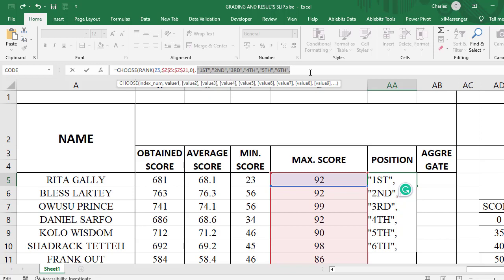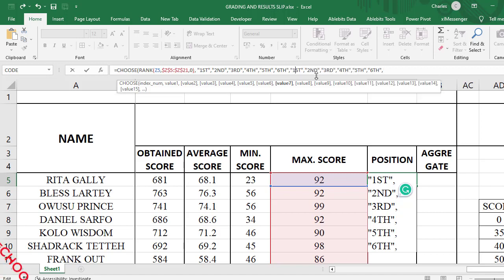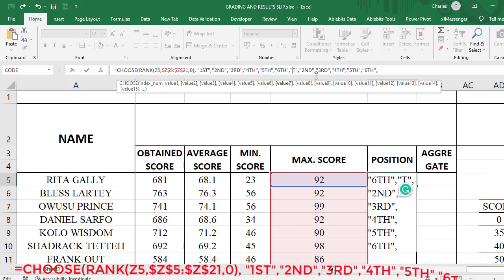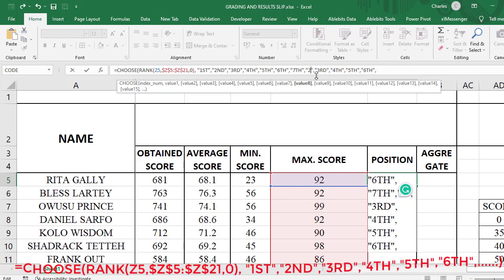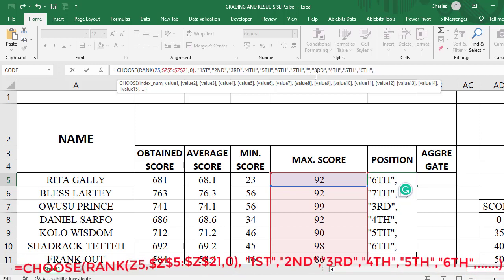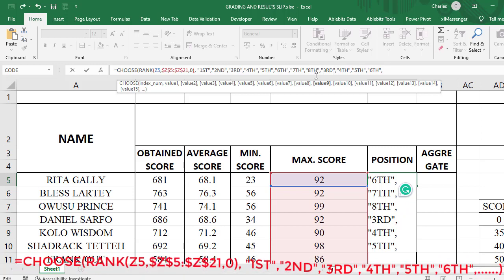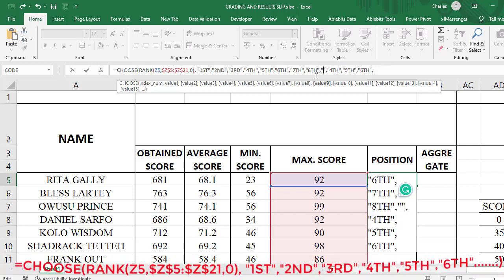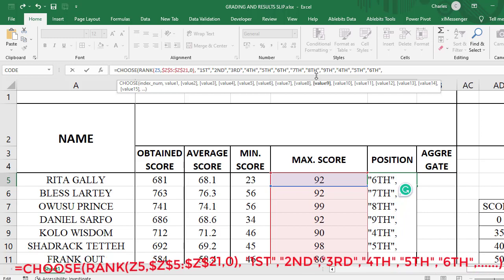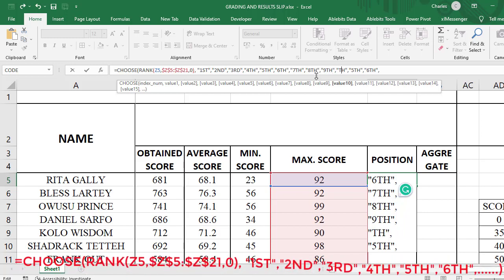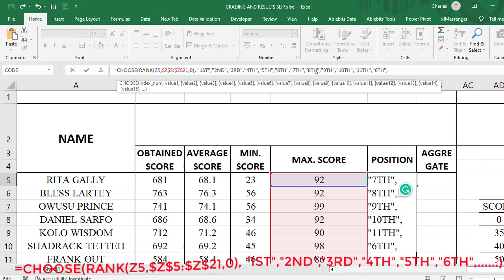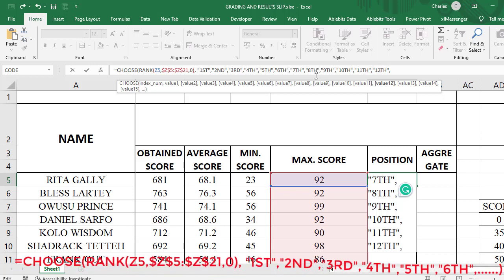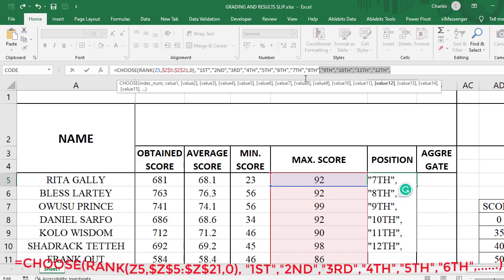Control plus C. Let me come and paste. I'll be changing the number. So 6 to 7, 8, to 9. Okay, 10th, 11th, 12th. I have 4 more, so let me